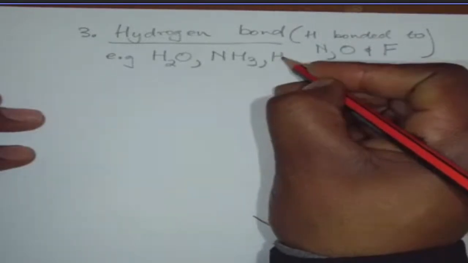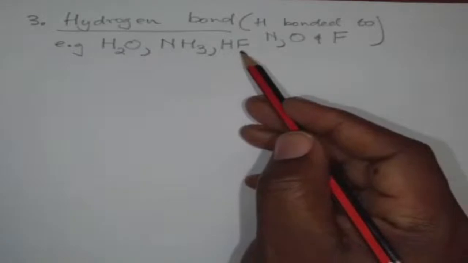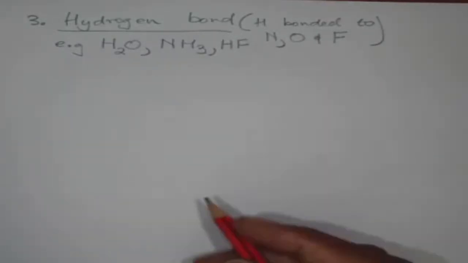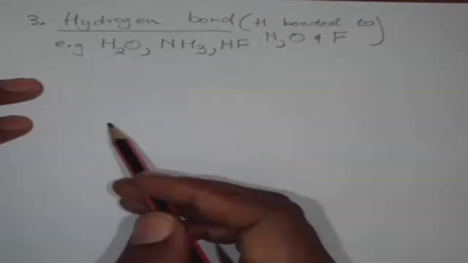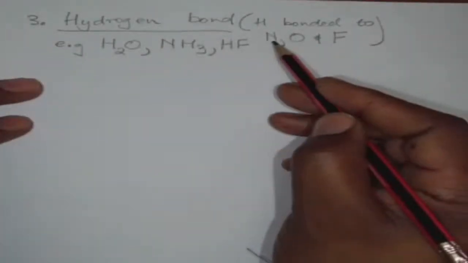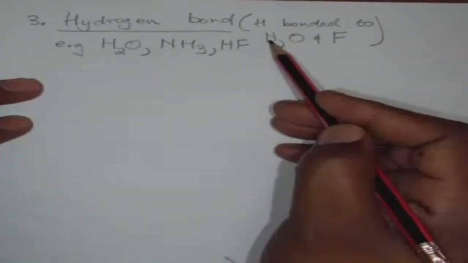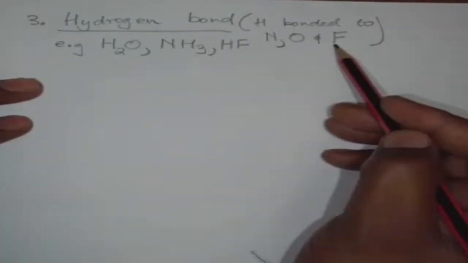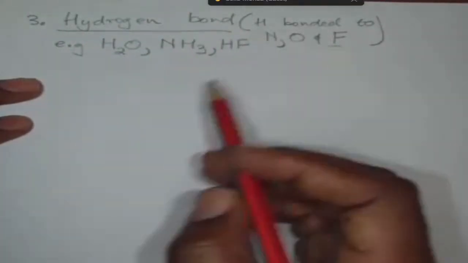I'm also having HF that side, so it will also be the hydrogen bond. So I don't think this one is difficult. It will be easy once learners remember. Once I'm having hydrogen bonded to nitrogen, oxygen, or fluorine, the type of intermolecular force will be